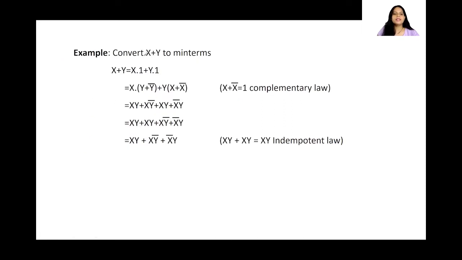First it is saying convert x plus y to min terms. So what did it say? The first step was to convert it into a sum of products. Now x plus y is nothing but, see, if there is nothing, I can say that I'm multiplying it with 1, isn't it? So when I say x into 1, it also means that it is x, right? So I'm writing it this way: x into 1, y into 1.